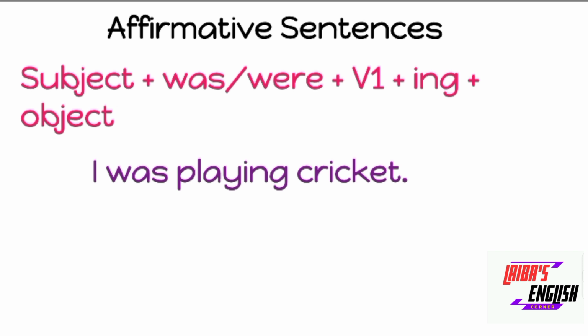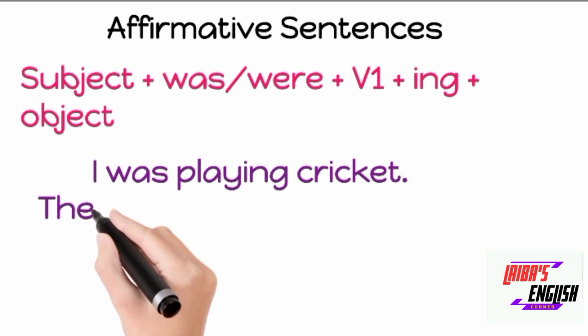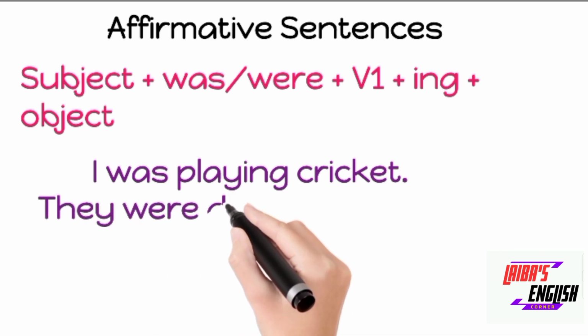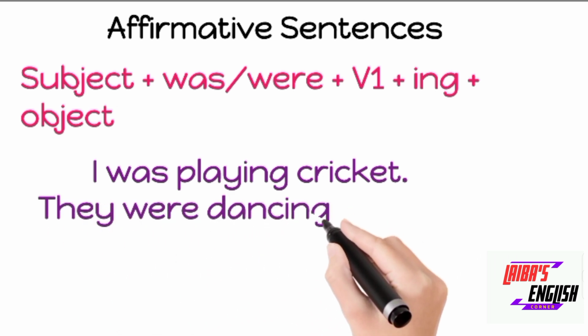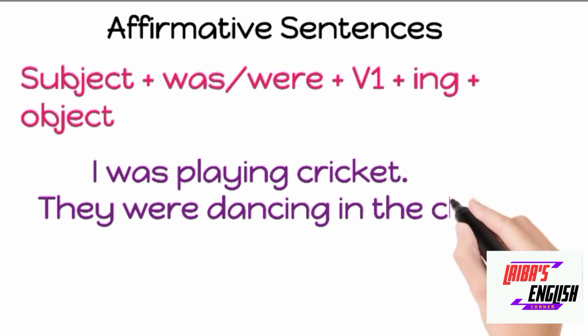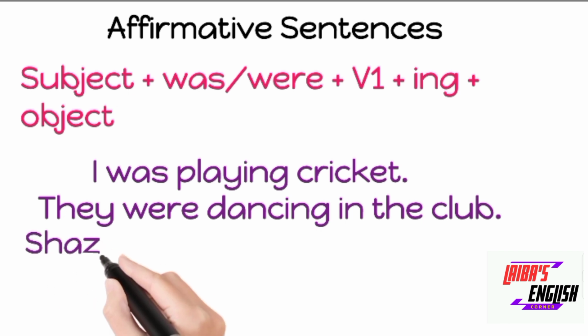Now we will use the same structure and we will make the sentence. I was playing cricket. Now I, the subject; was, were is the helping verb of past continuous tense. Now play is the first form plus ing, meaning playing; cricket is an object. Remember that object is not compulsory, we can also omit the object, okay? So I was playing cricket is the correct sentence.